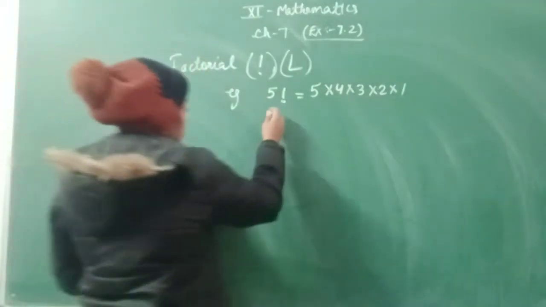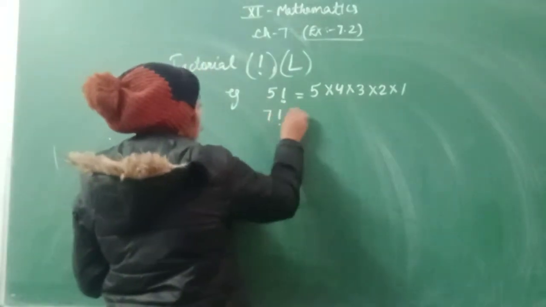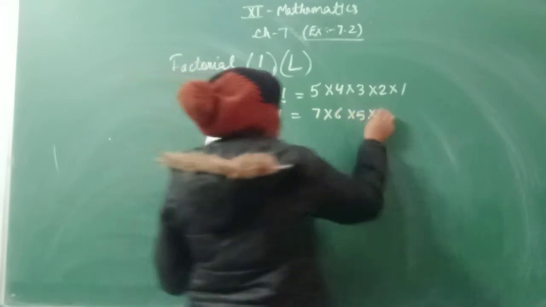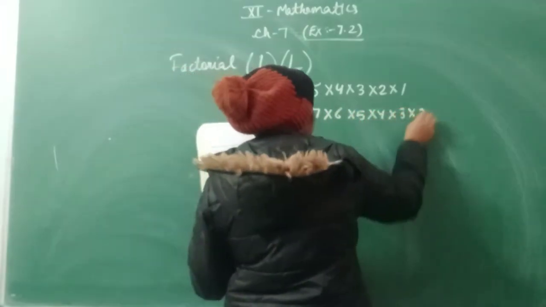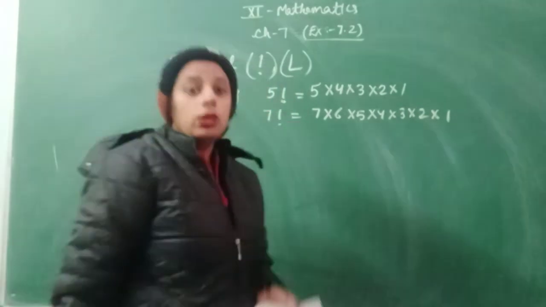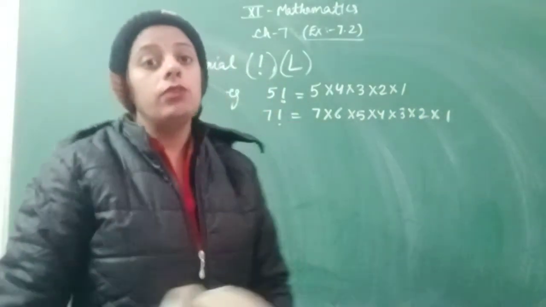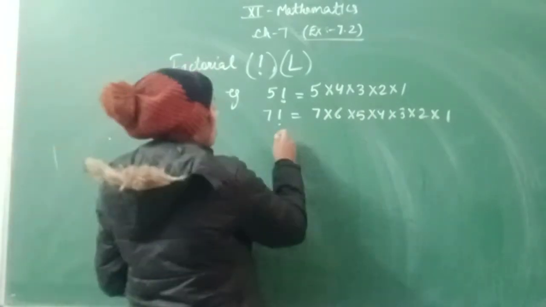Okay. Suppose I am taking 7 factorial, so you will write 7 into 6 into 5 into 4 into 3 into 2 into 1. You will stop your product at 1. Okay, reverse counting is there. Suppose you wanted